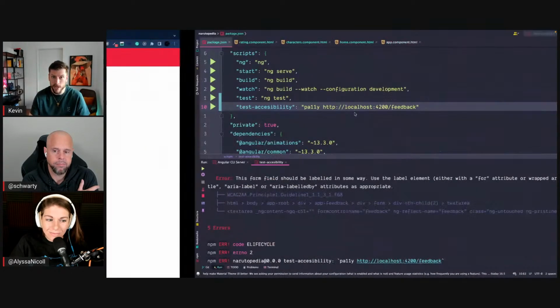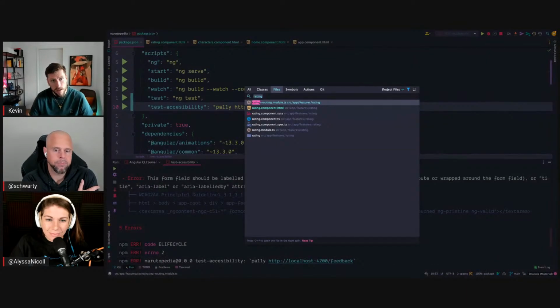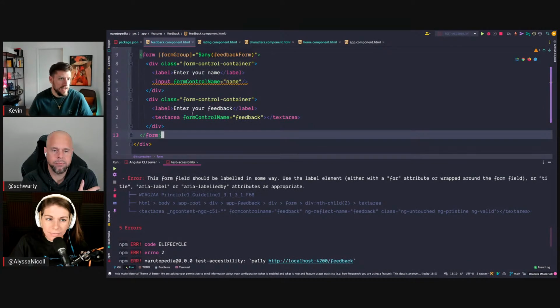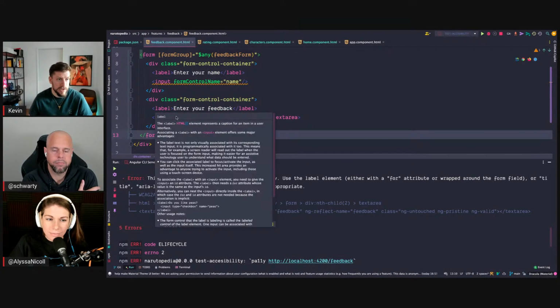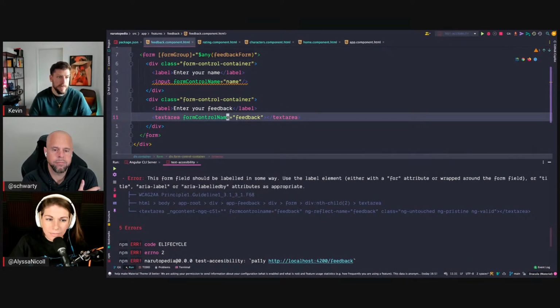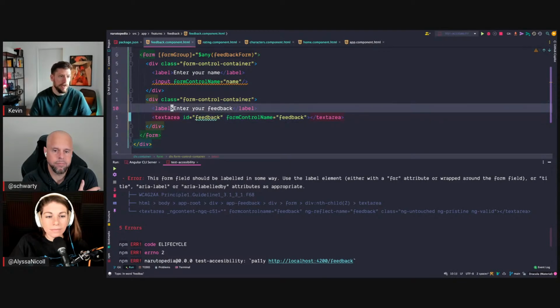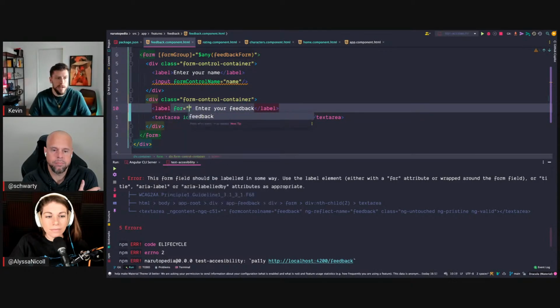they are not connected. And what we can now do in the feedback component, see that the text area and the label, but they are not wired up correctly. So we can give the text area an ID of feedback. Then on the label, we can use the for attribute, which then says this label is for the feedback.